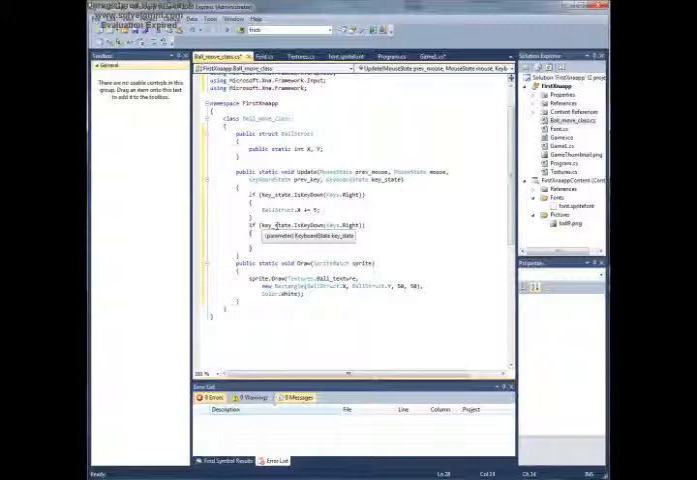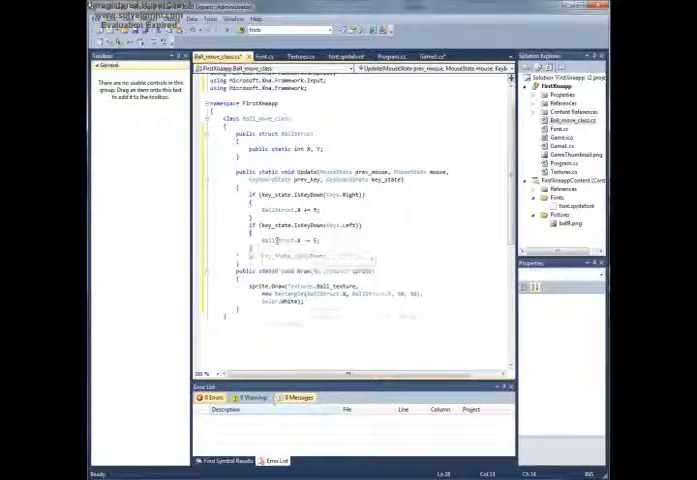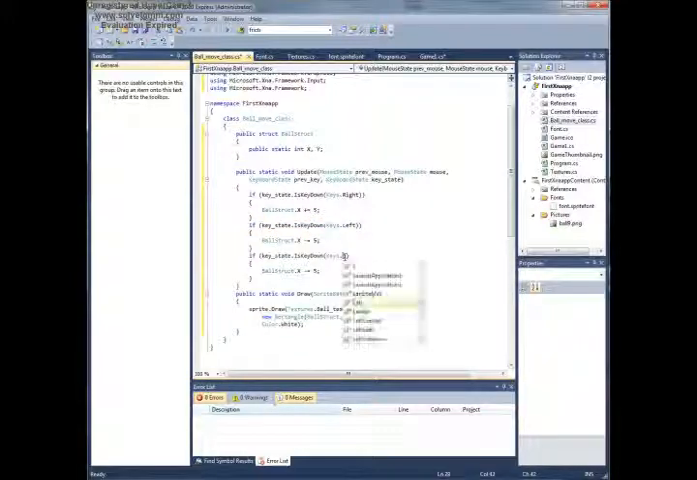So if keyState.IsKeyDown(Keys.Left), then the bootstrap x is going to be -5, and if IsKeyDown(Keys.Up), then the bootstrap.y, and this is quite interesting. Just follow my cursor now. Usually we've got y here and x here,